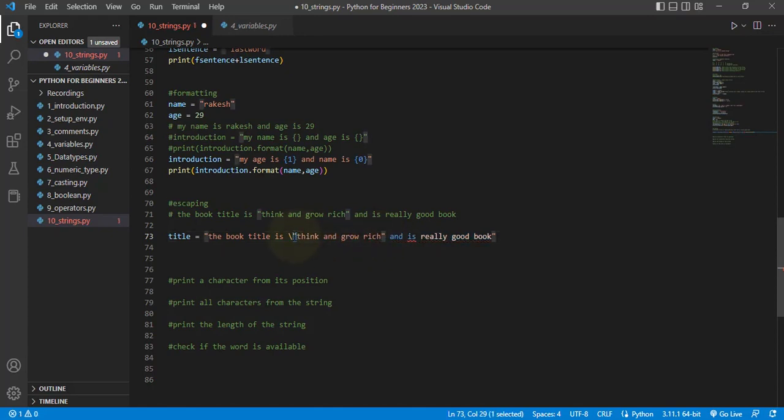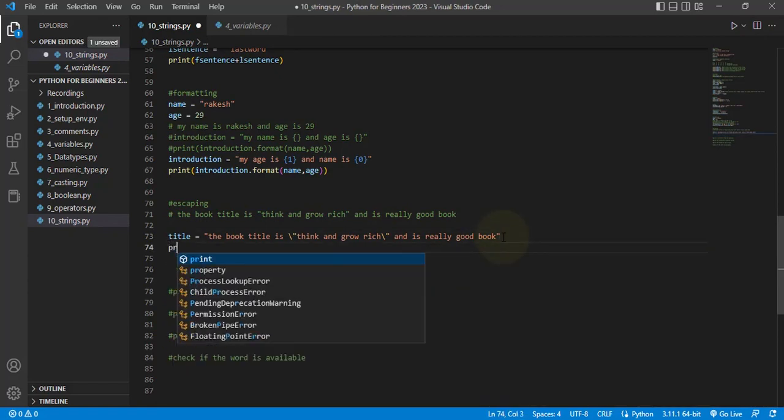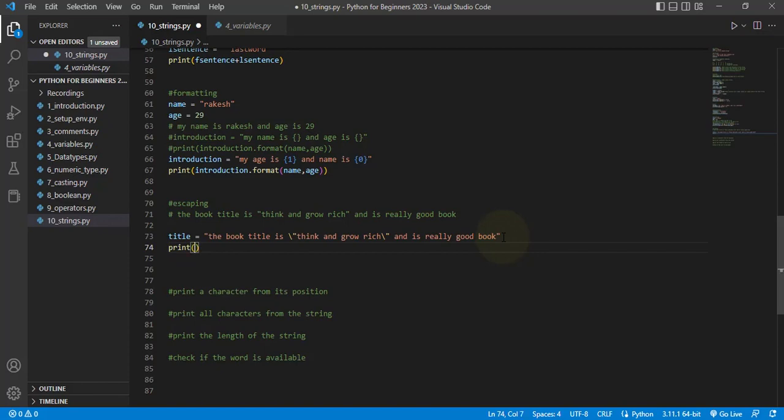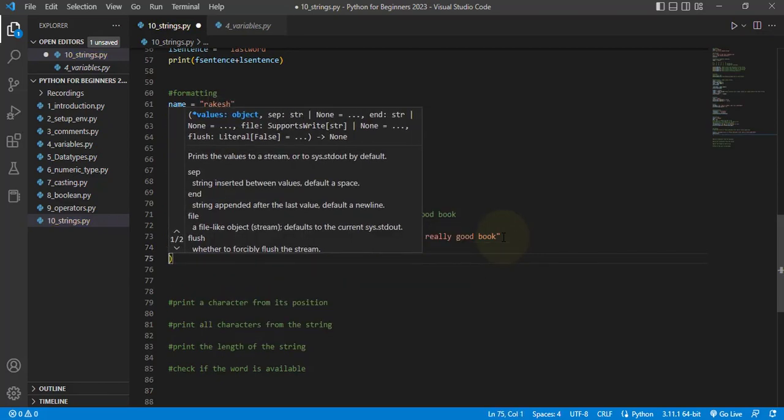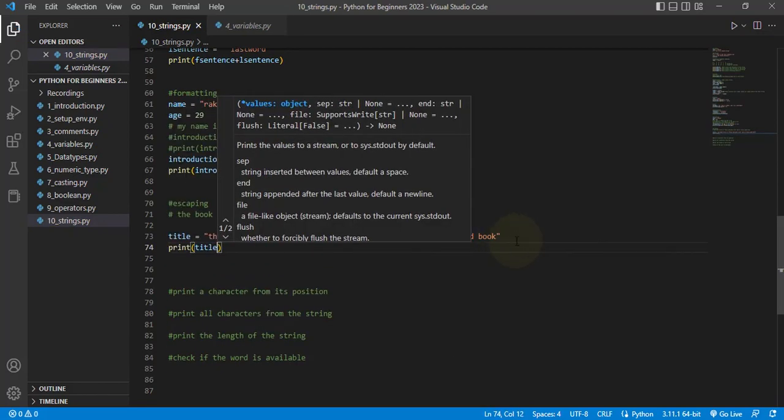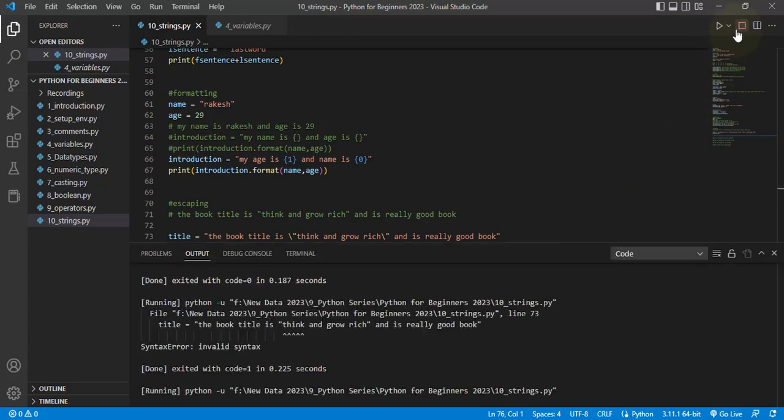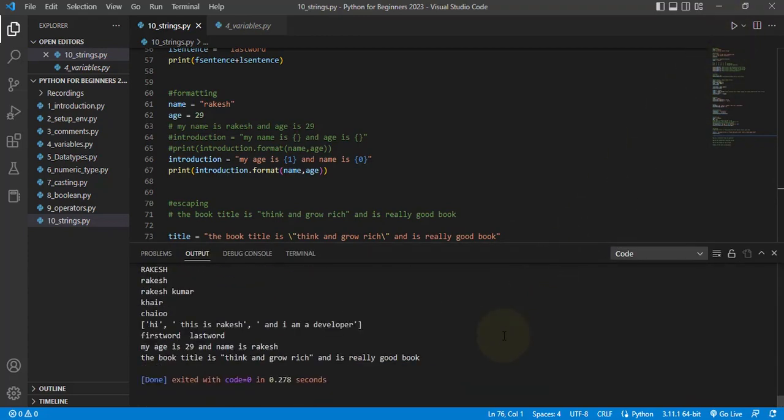That the next character is a double inverted comma. Similarly here also I'll add a backslash, so that it will ignore the next character, that is nothing but the double inverted commas. Now if I save it and type print title, save it and see, the book title is Think and Grow Rich, and as you can see, the Think and Grow Rich came inside